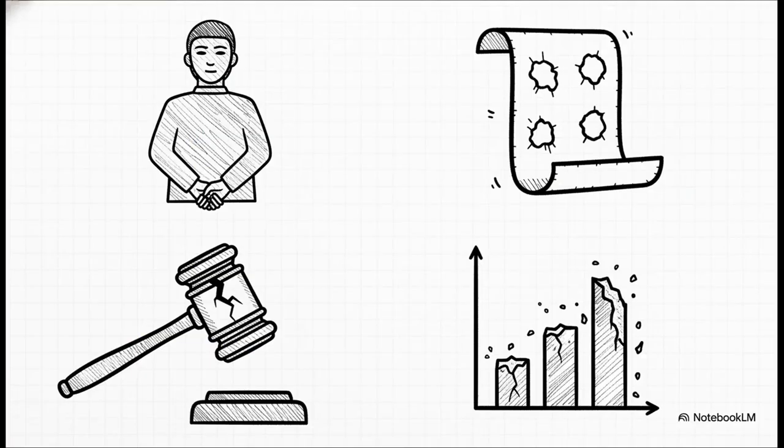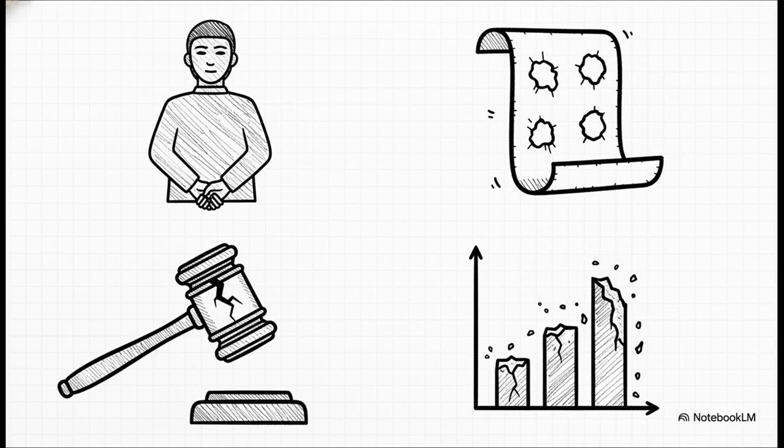Now keep in mind, this word isn't just reserved for pencil thieves or bad friends. So who or what can be untrustworthy? A person, for sure, but it goes way beyond that. A written report? Totally untrustworthy if the facts don't line up. A witness in a trial can be untrustworthy. Even hard numbers, like statistics, can fall into this category, especially if they're misleading or just poorly collected. Basically, anything that requires your reliance can be labeled this way if it gives you a reason to doubt its accuracy or honesty.